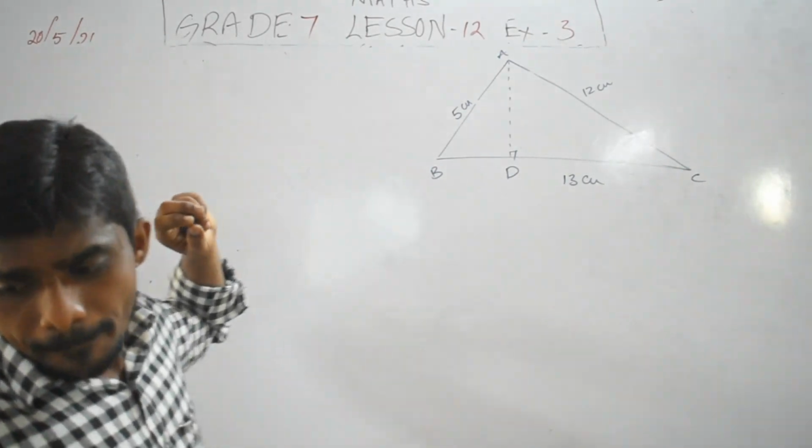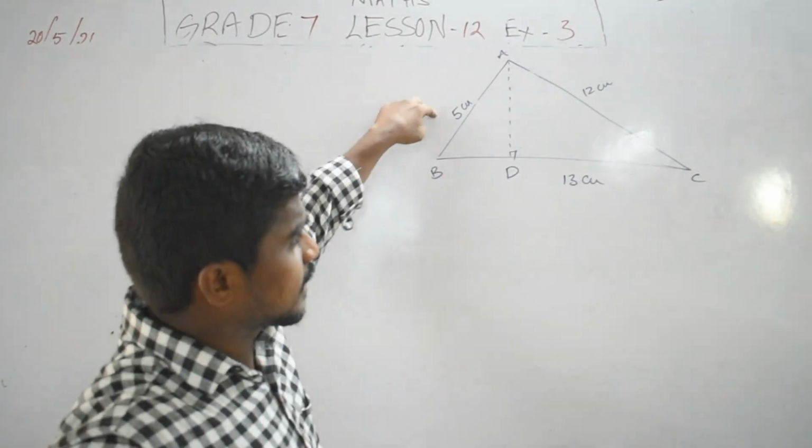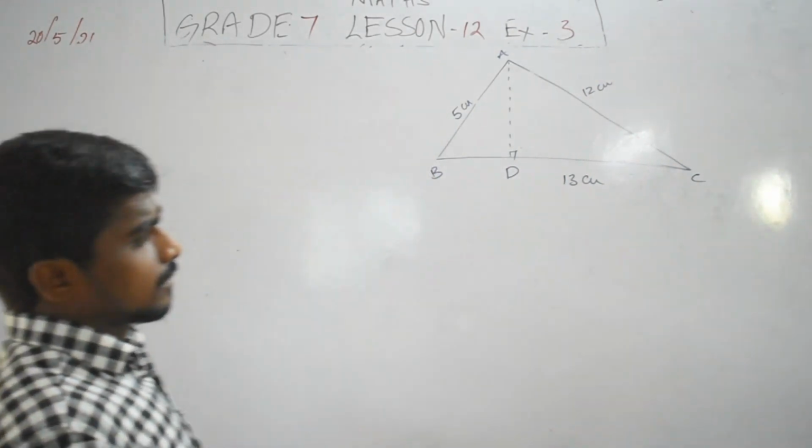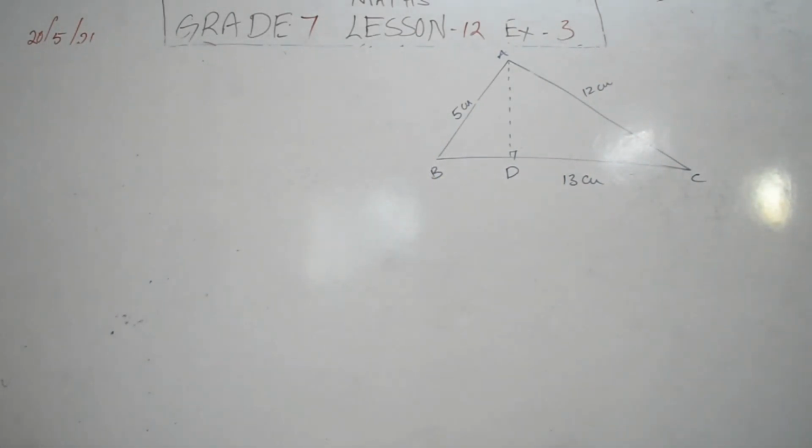So now AB 5 centimeters, AC 12 centimeters, BC 13 centimeters. Now they are asking what is the area of the triangle ABC and also find the length of